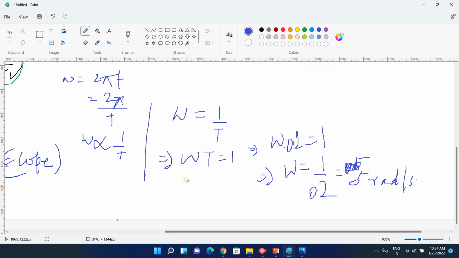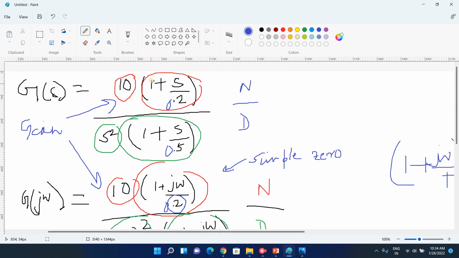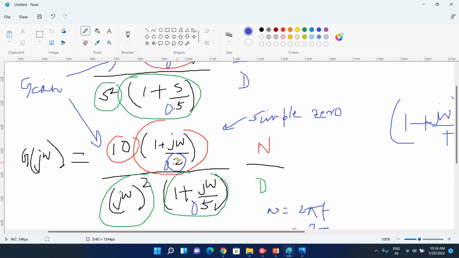Okay, so in the actual exam, generally the equation will be like this: 1 plus s by 0.2, okay, 1 plus s by 0.5 ऐसा रहेगा। ठीक है, तो 1 plus j omega by 0.2, 1 plus j omega by 0.5।